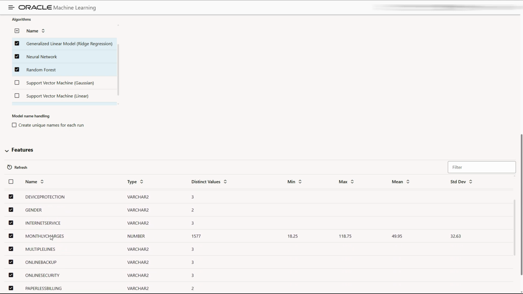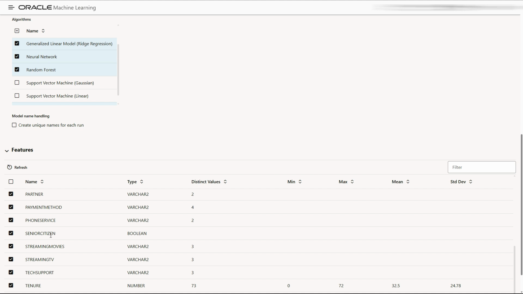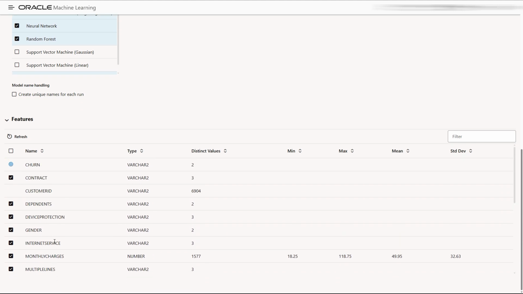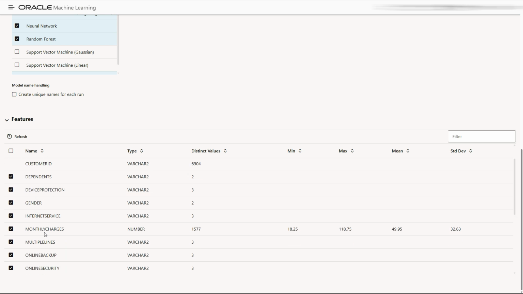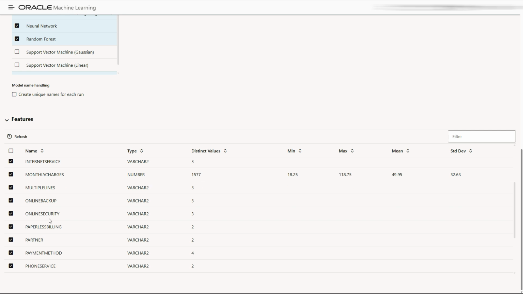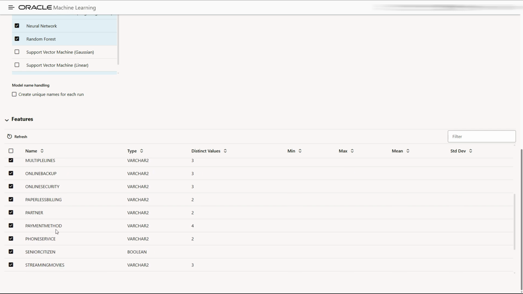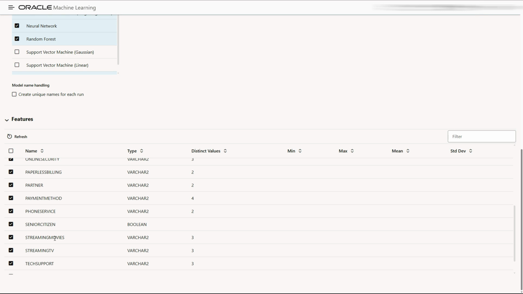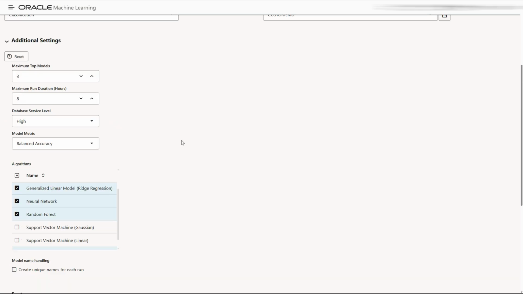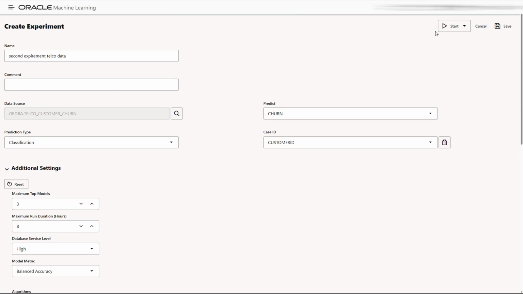Contract, let's see if we can exclude some of the columns. No, that's okay. Let's see once again the columns: the contract type, dependents, internet service, monthly charges, if it has multiple lines, online security, payment method, phone service, senior citizen, tenure, total charges, tech support, if you had any problem. And let's start.